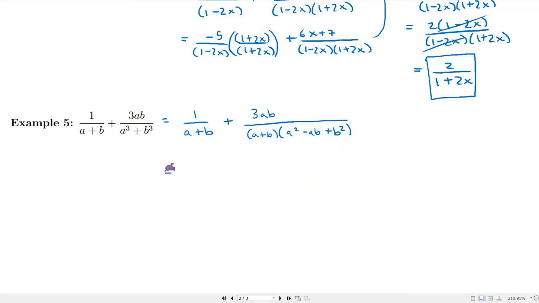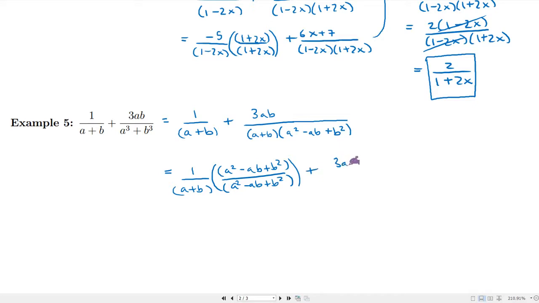Comparing these two denominators, the only thing the first one is missing is this trinomial term. So we're going to multiply and divide by that, multiplying by (a squared minus ab plus b squared) divided by that same factor, (a squared minus ab plus b squared),